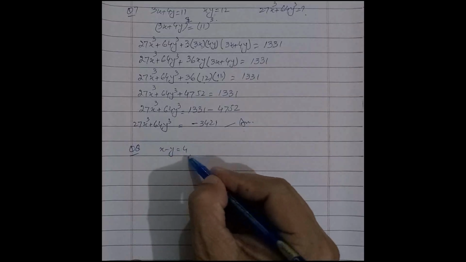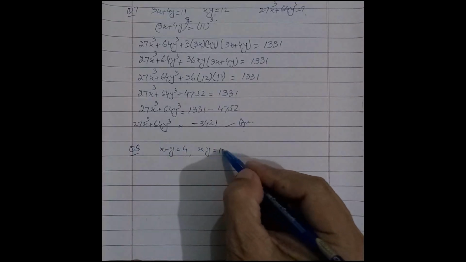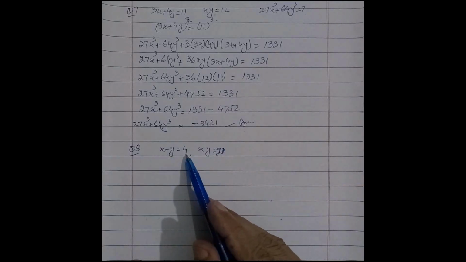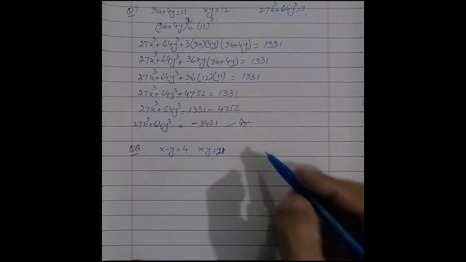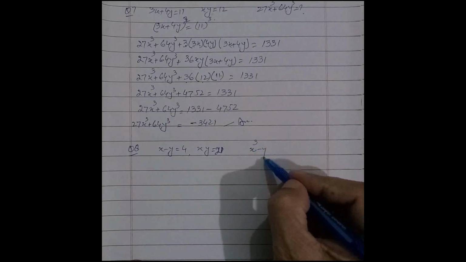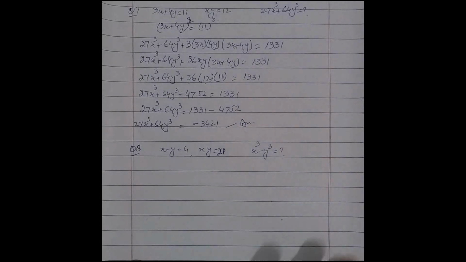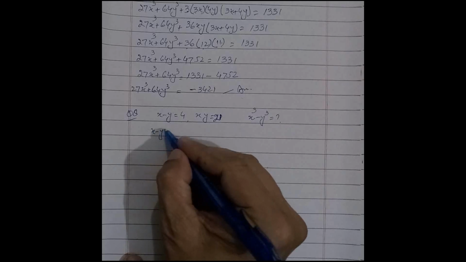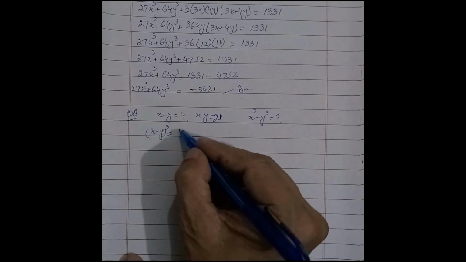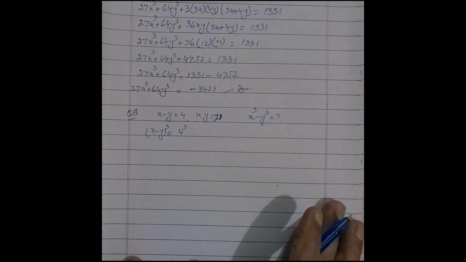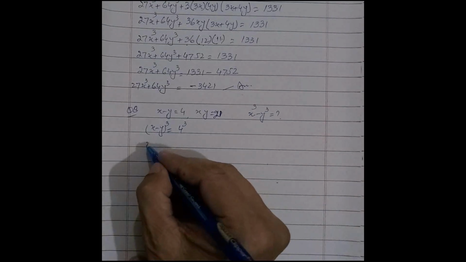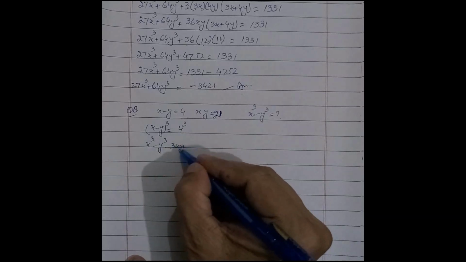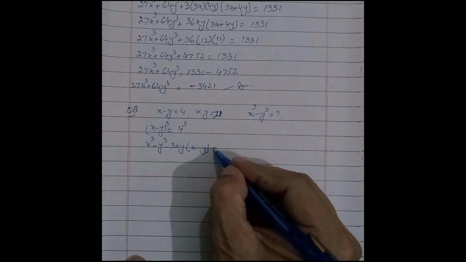x minus y is equal to 4 and xy is equal to 21, and we find the value of x³ minus y³. So we take cube of both sides of x minus y and 4, and taking cube of both sides we get x³ minus y³ minus 3xy into x minus y is equal to